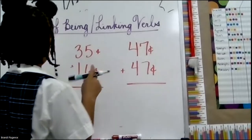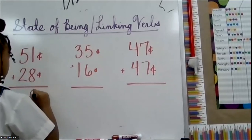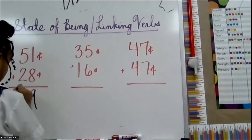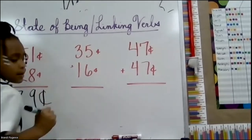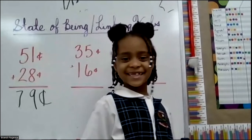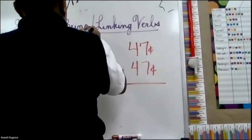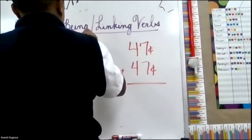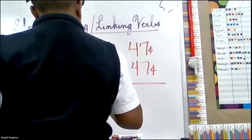Let's go over our pronoun lists, but let's go over our ones first. So what is a pronoun? Yeah, a pronoun is a word that is used in the place of a noun. Pronouns will replace nouns. So we covered pronouns that take the place of their name: I, me, my, mine. He, she, him, her, his, hers. And pronouns that take the place of you and someone: we, us, ours. And yesterday I introduced list 4, which is for a group of people: they, them,